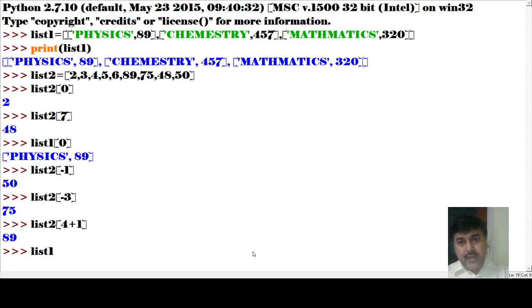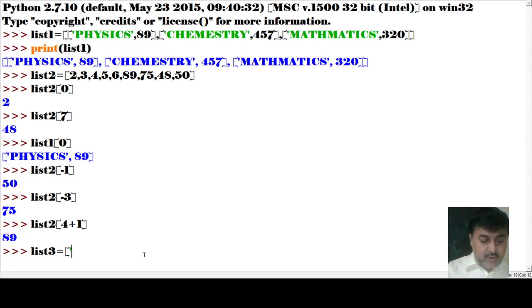List 1, suppose I am writing the names of colors. Let us give another one, list 3. We haven't given list 3 yet. List 3 equals to, here, suppose I am writing some colors.